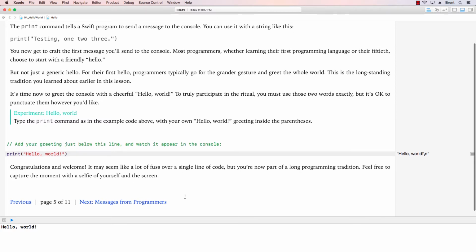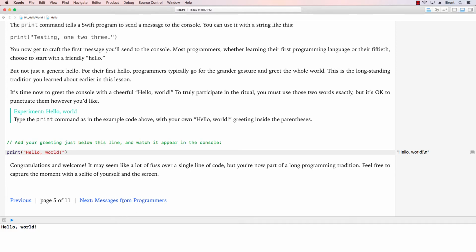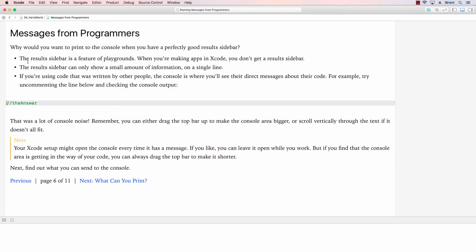Now, you can read through this, kind of funny. All right, messages from programmers. So, why do you print to the console? Well, first of all, like I said, a sidebar is only with playgrounds. And so when you're making an app in Xcode, you don't see the sidebar. And it's also limited in the kind of information it can show. And so this is, if you're writing code by other people, you can send direct messages about their code. Try uncommenting the line and checking the console output. So if I uncomment this,